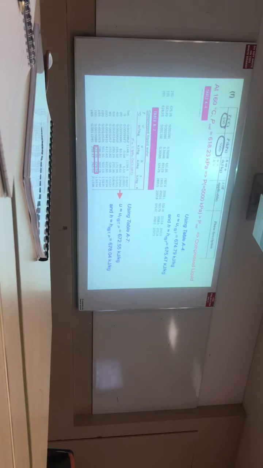You see, at 160 degrees Celsius, you can see this is VF, this is UF, this is H. And if you are using this table, 160 degrees Celsius with 5 megapascal, 5 megapascal is 5,000 kilopascal. Then I get